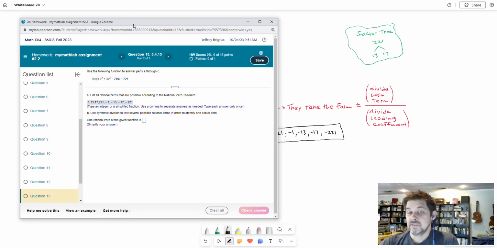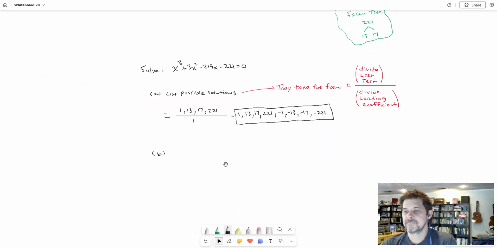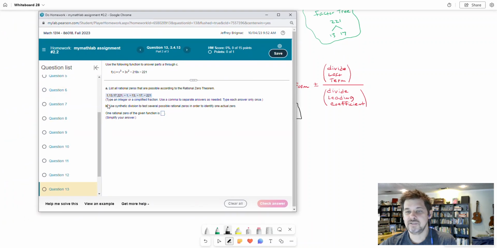Now to part B. It says use synthetic division to test several possible rational zeros in order to identify one actual zero. So what that is saying is that, with regards to this equation, any of these numbers on this list might be answers. And you'll have to go through them in a trial and error fashion in order to figure out which one actually is an answer. Now it says use synthetic division to do that,